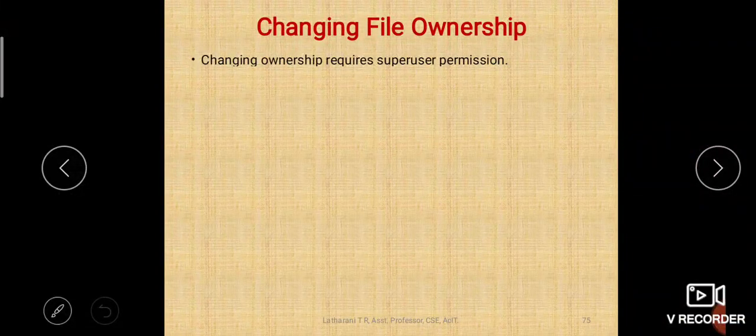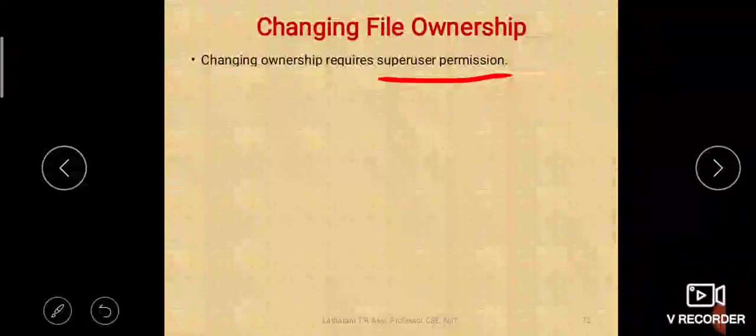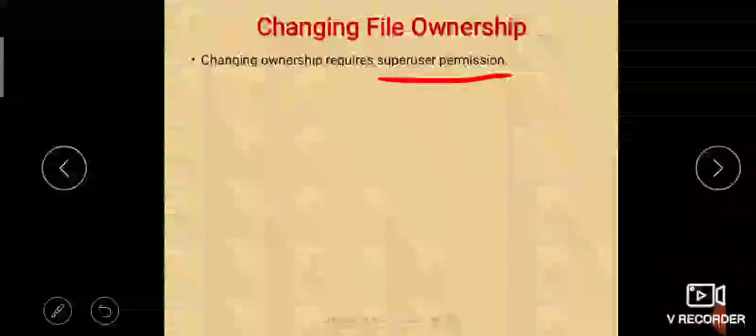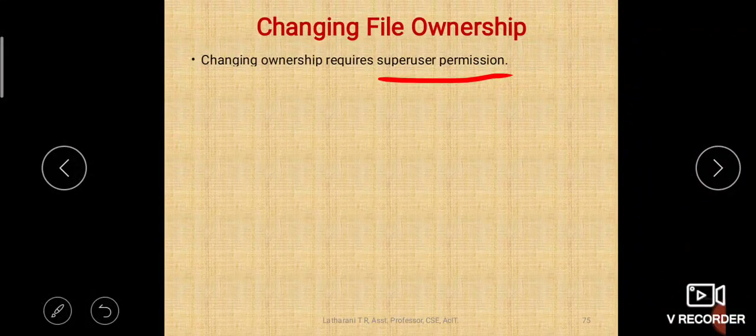It requires the super user permission. Okay, so anybody who is willing to change the file ownership cannot simply change it. You should have the super user permission. We have discussed the su command, no, super user. So using that su command, you have to enter into the super user mode and then change it.